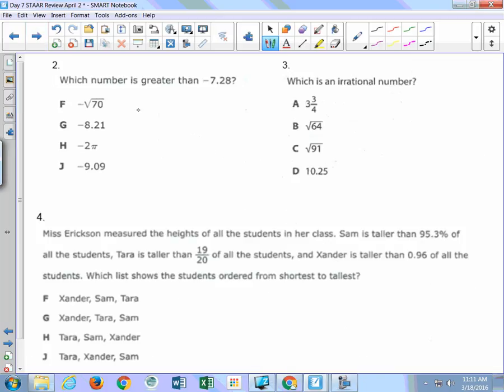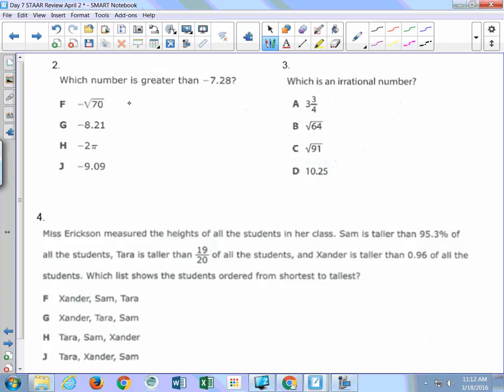Let's go to the next one, number 2. Which number is greater than negative 7.28? Remember, when you're dealing with negative numbers, the bigger the negative number, the smaller it actually is. So what we need to do is change all of our answers to numbers, get rid of the square roots, the pi's, and all that good stuff. So we're going to take the square root of 70,